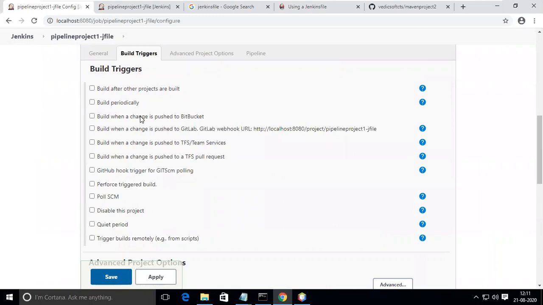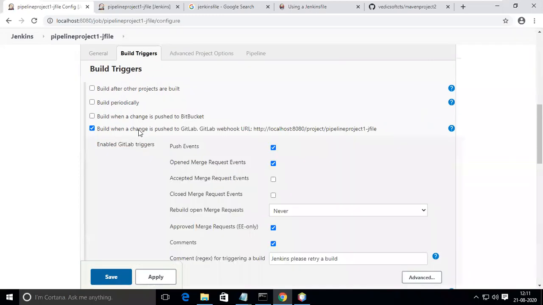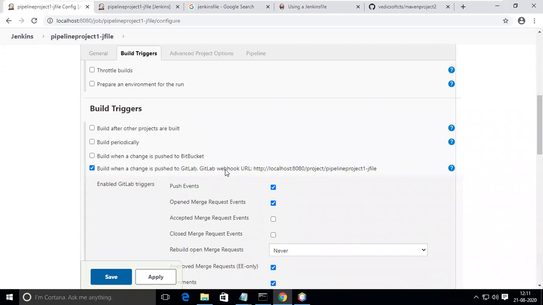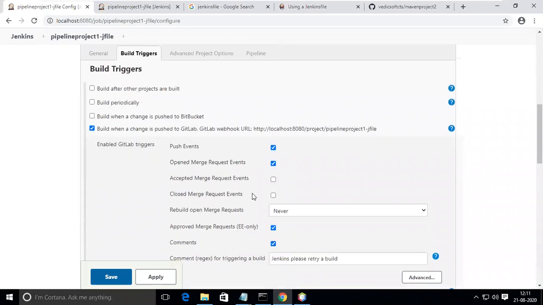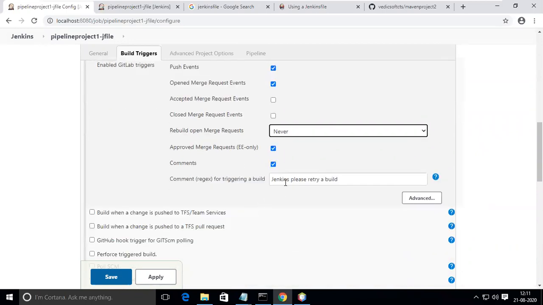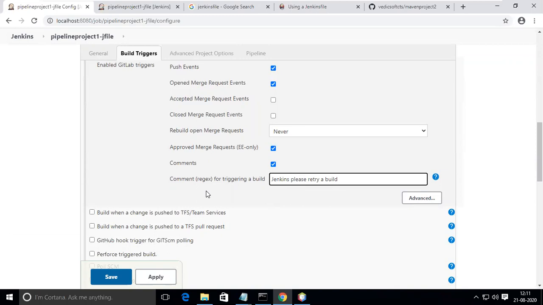Build when changes are pushed to Bitbucket, which is Bitbucket related. Push events, open merges, closed merges, and rebuild request. Okay, Jenkins, please try build kind of stuff.